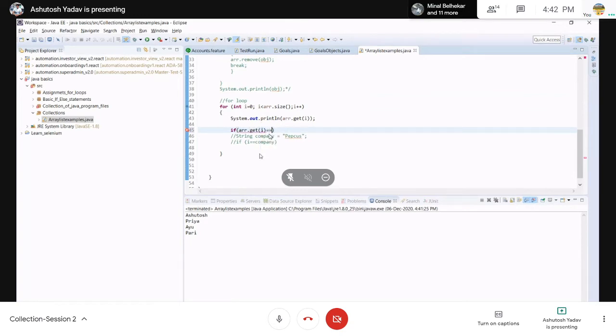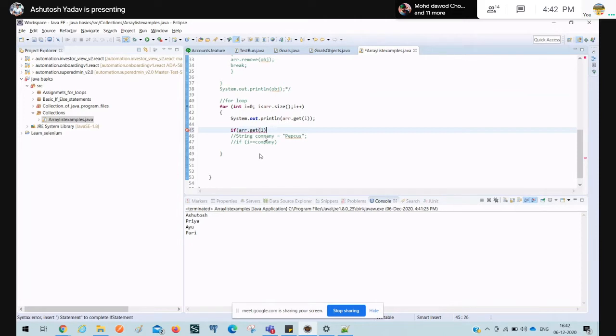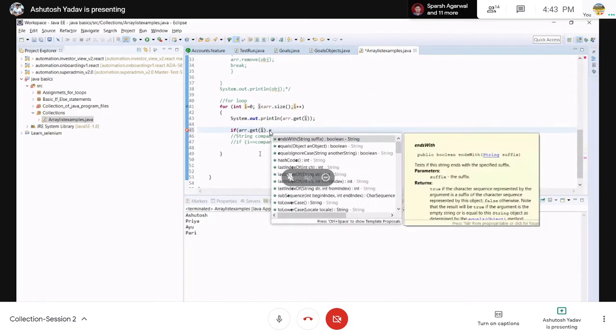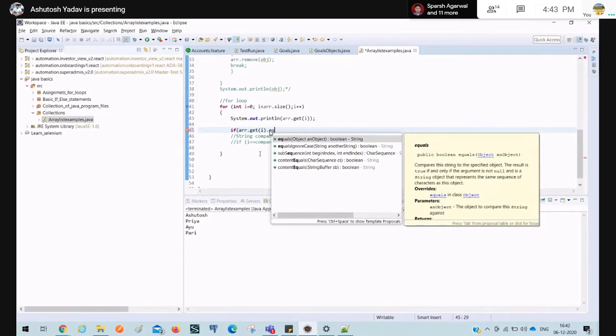No, dot equals, not this, sorry. Here you need to put I dot equals and match with the Priya.